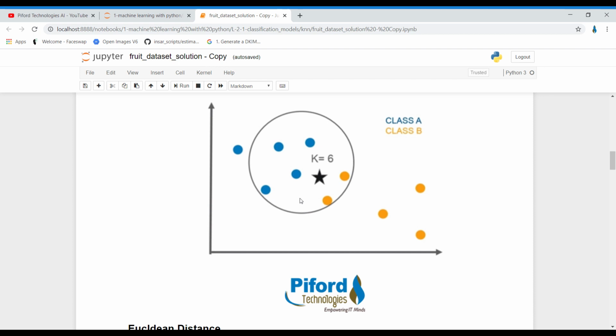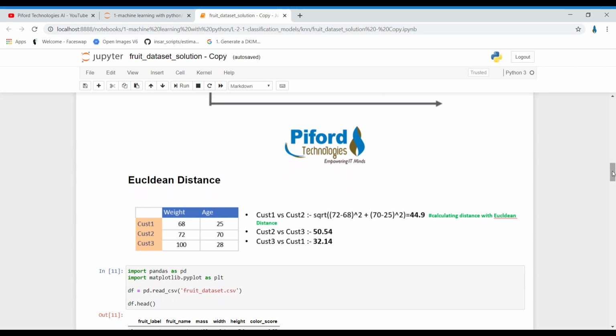Here we can see 4 blue points and 2 orange points, and the majority is of blue points. So we can say this new data point belongs to the blue class, class A, right?